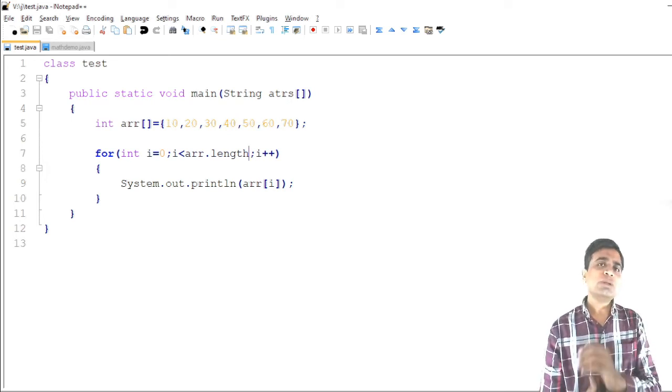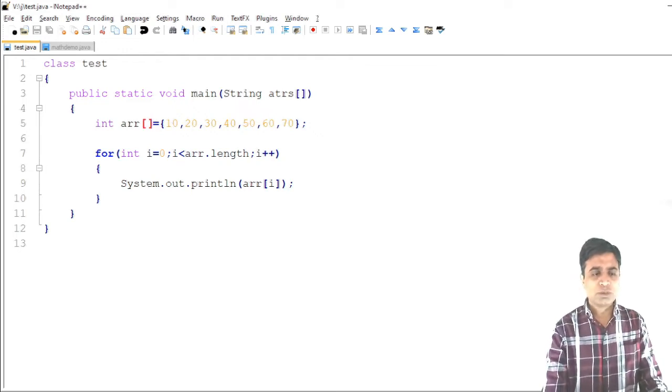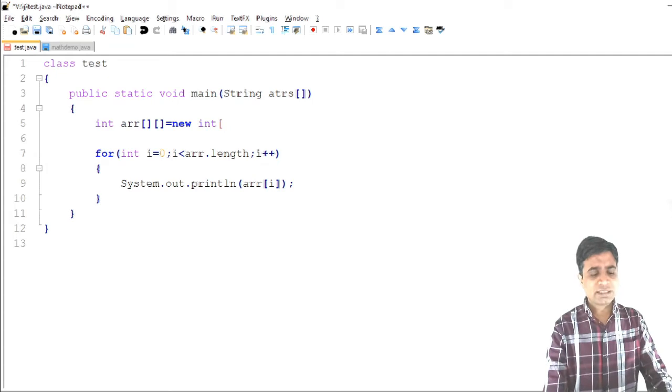Now what about the multi-dimensional array? What about the two-dimensional array? I will show you an example of the two-dimensional array. For a two-dimensional array, the syntax is that you need to write two square brackets, equal to new int of whatever the size of rows and whatever the size of columns.